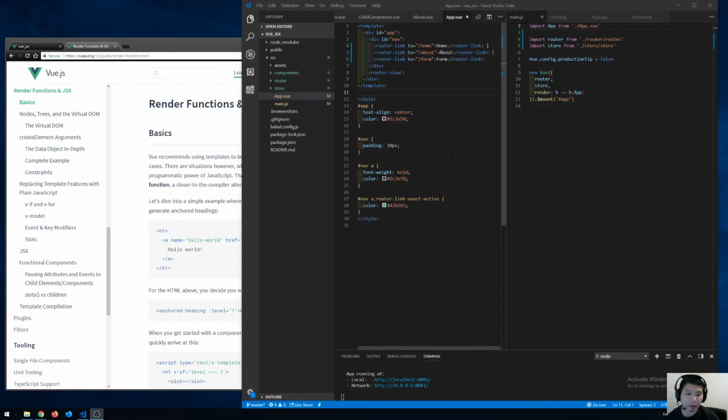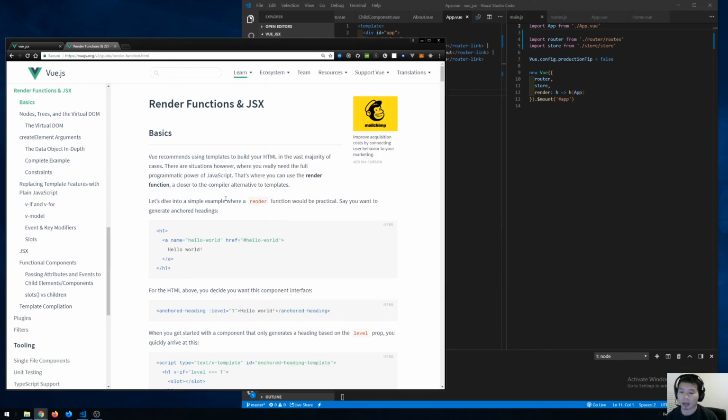Hello everybody. So I want to show you guys how you would convert your Vue component using the render function or JSX. Vue has this built-in option for you to convert your template into JSX or a render function. It's not very common, and not a lot of developers use it. There's some opinion about using JSX in Vue, but it's nice to know about it once you get more in